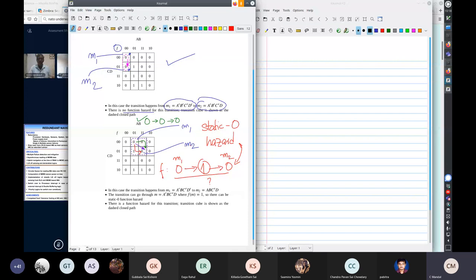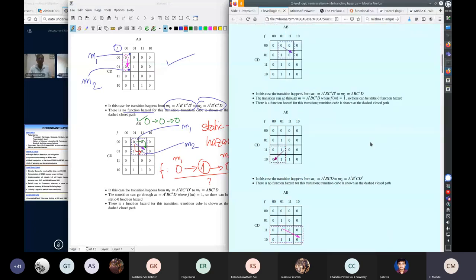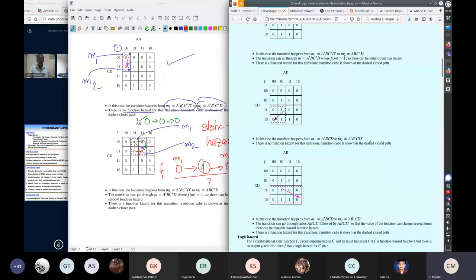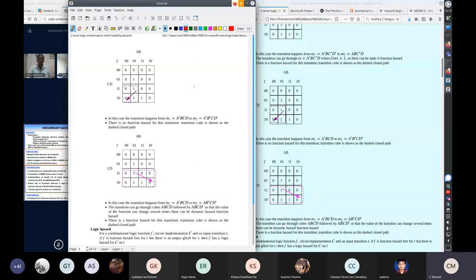Okay, now let us look at here, so look at this transition as shown over here. Is there any hazard over here? So here what you find is that whichever route you take,